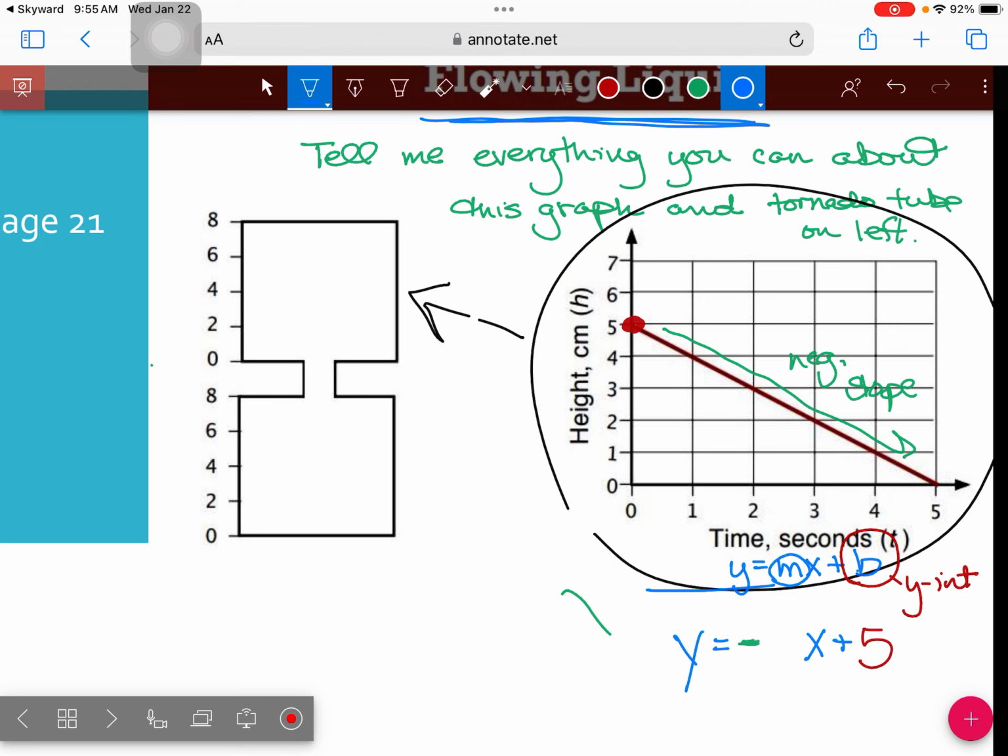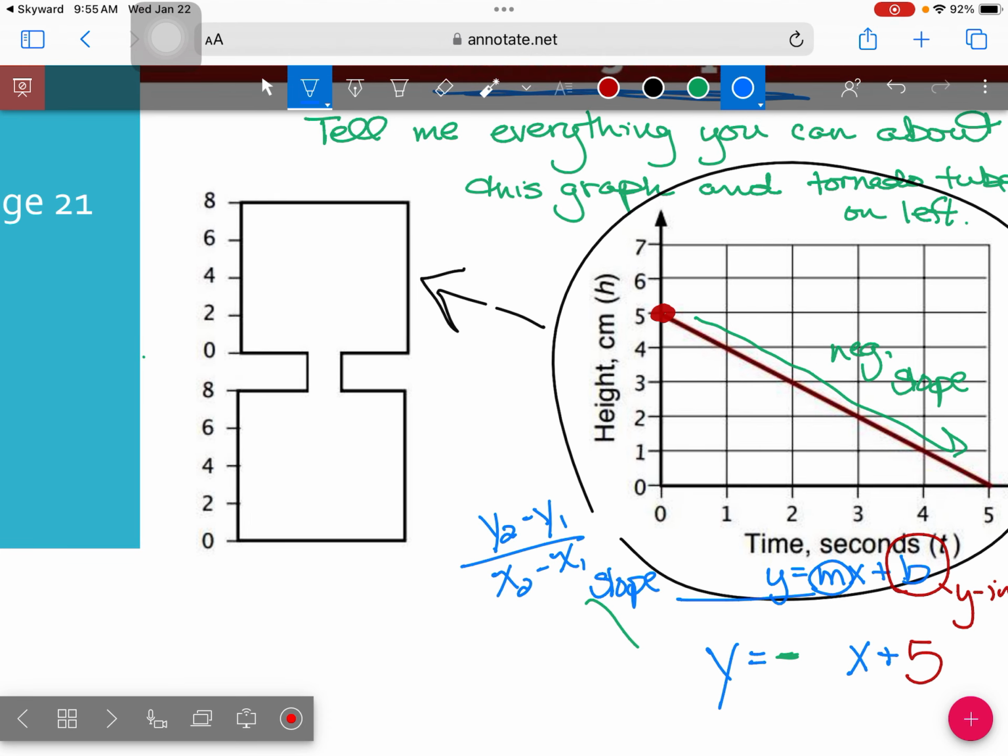Can we figure out what slope is? What is the slope formula? y2 minus y1 over x2 minus x1. Yeah. Y sub 2, which means the y coordinate of a point, minus the y coordinate of a different point, all divided by x sub 2 minus x sub 1. Well, as I look at this